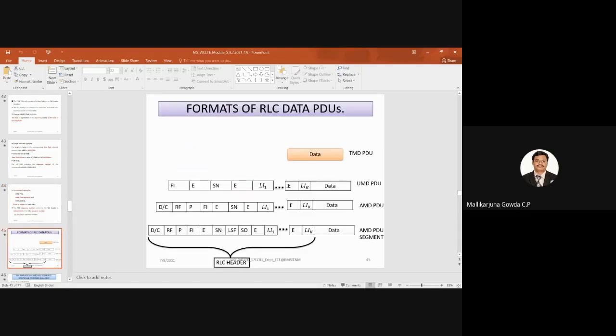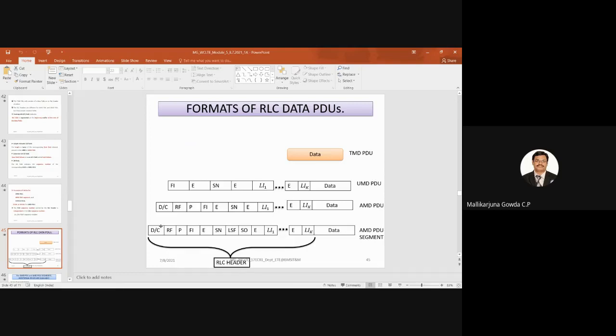So this is the format of RLC data PDUs, whatever I was telling so far. This is the RLC header. Here I have shown the different PDU segments. The first one is the AMD PDU segment, next is AMD PDU, then UMD PDU, then TMD PDU.